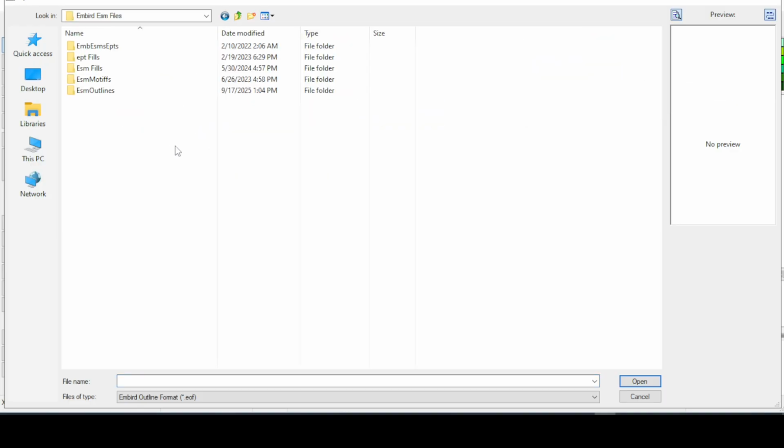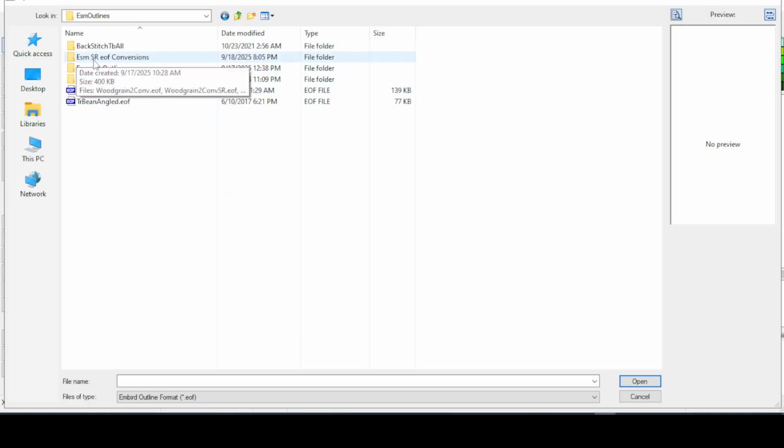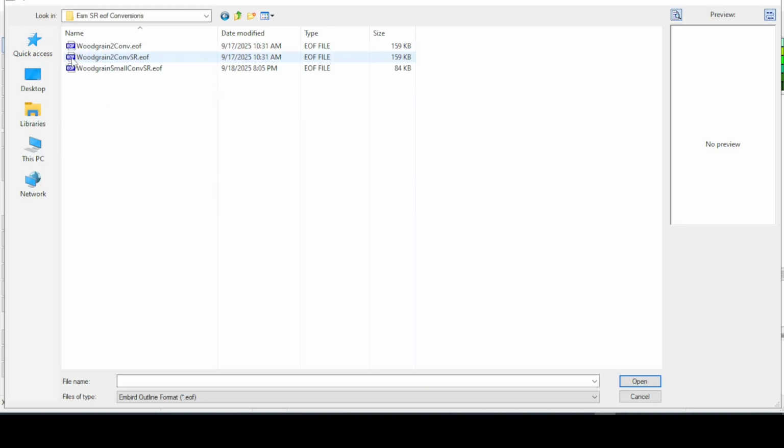And it was in ESM outline, so I'll double click that. And it was in ESM Studio Regular EOF conversions. I'll double click that. And it was wood grain small. I'm really not using this one up here because, like I said, I think I renamed it or something. I'm just going to delete it in this window here. I'm going to hit my delete button. So I'll just have these two. That looks better. So we wanted wood grain small, and we'll click open,